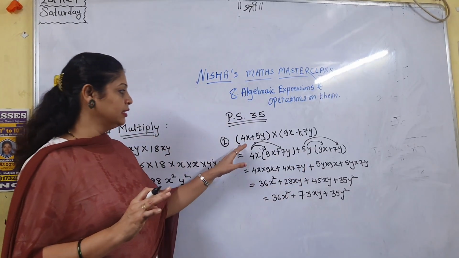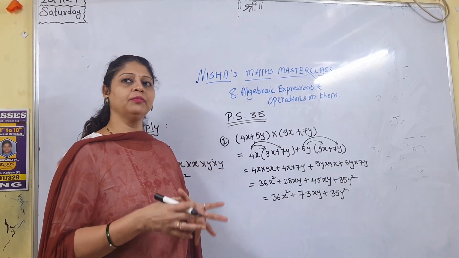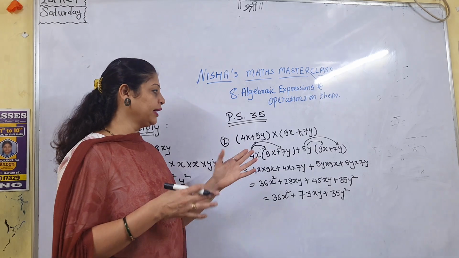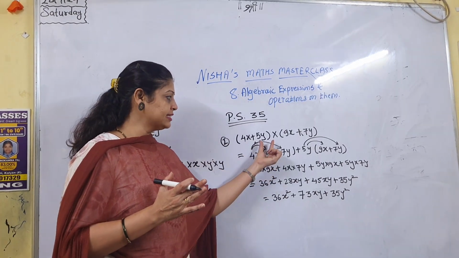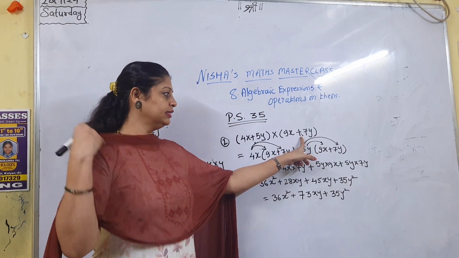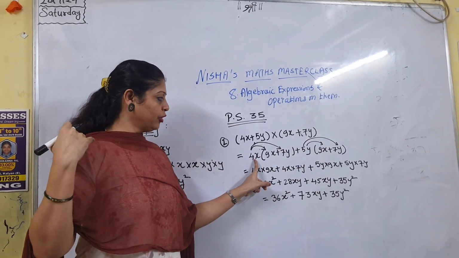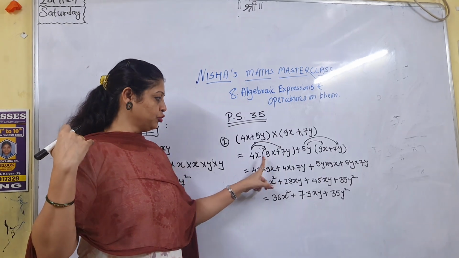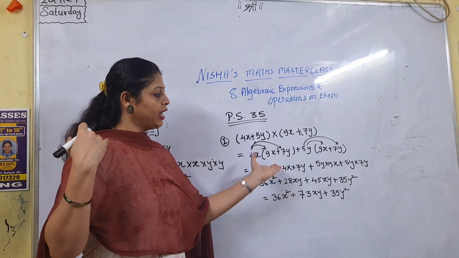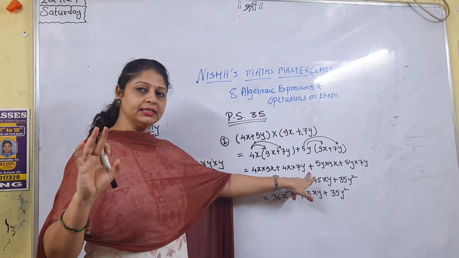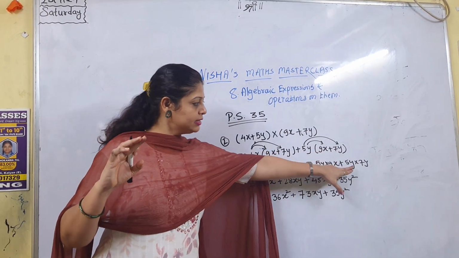Again I repeat, if two brackets are there and we have to multiply both brackets, at that time take one bracket first, and that bracket we have to divide in two parts. The first term you write down in the beginning, and the second term you write down afterward this bracket. Again this bracket we have to repeat here. Now the first term we have to multiply with this bracket, so 4x multiply with 9x, 4x multiply with 7y. Afterward plus sign we have to write down as it is. Then 5y multiply with 9x, same 5y multiply with 7y.